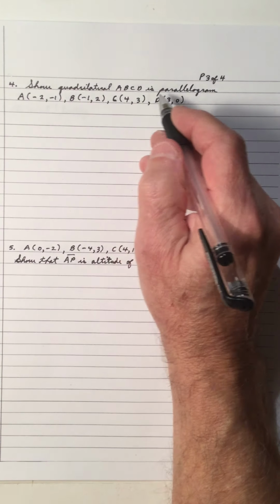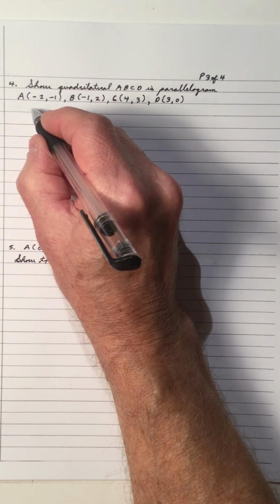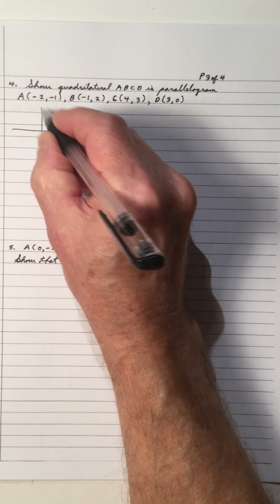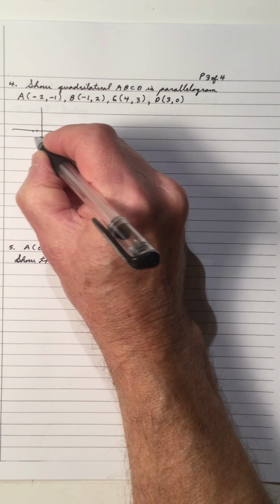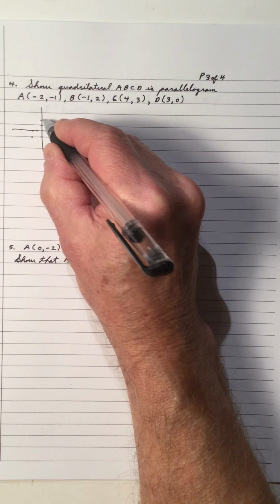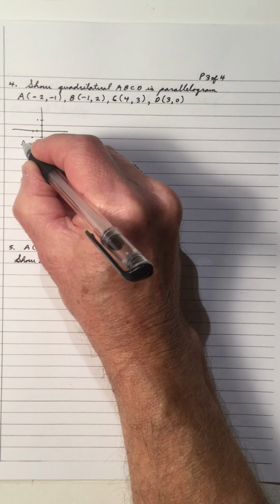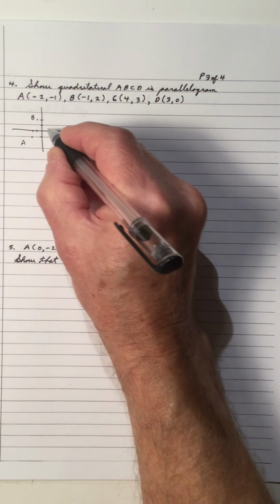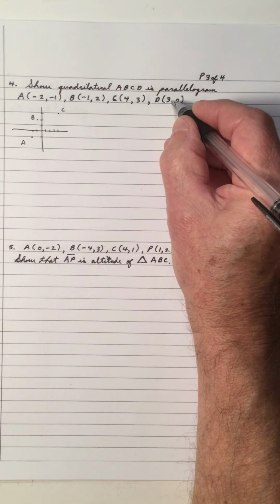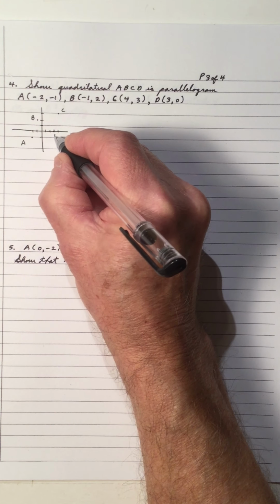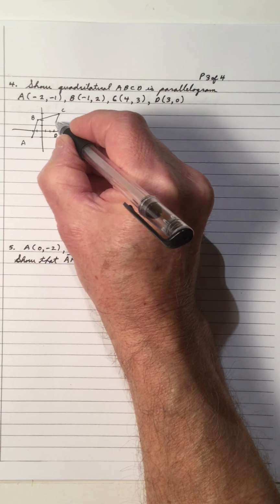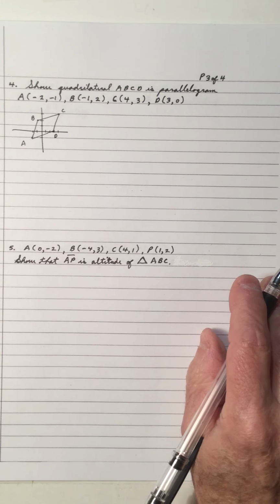Show the quadrilateral ABCD is a parallelogram. Again, if you draw a quick picture of what you have, A is -2, -1, and B is x is -1, y is 2. So that's A, and that's B. C is 4, 3. So let's say that's 4, 3. And D is 3, 0. So if we join them up, A to B to C to D, you can see that we have this